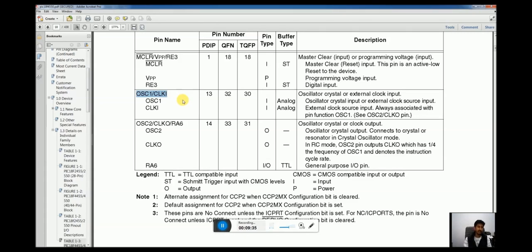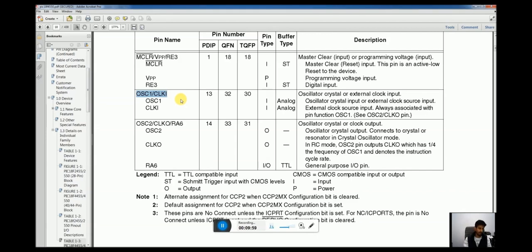Secondly, what we can do is, we don't have to necessarily use an external waveform generator. PIC microcontrollers, in fact any microcontroller, have built-in circuitry where we can connect a 2-pin crystal oscillator that will produce the master clock for that IC.